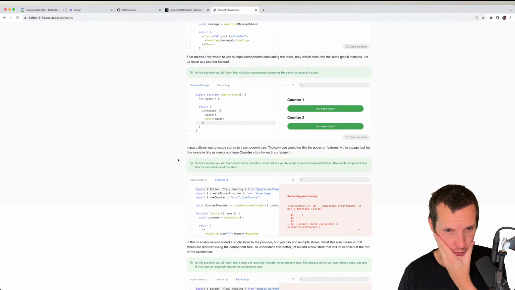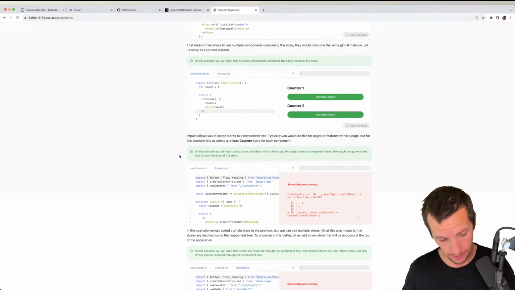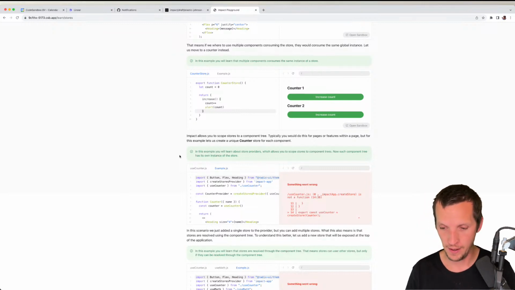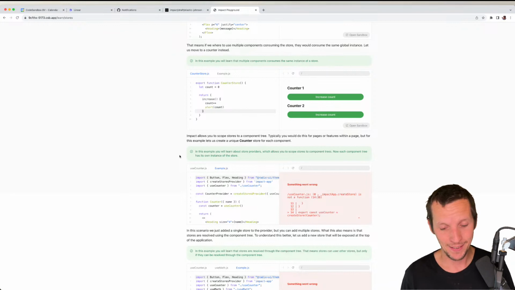Impact allows you to scope stores to a component tree. Yeah. So the point is that in the first version of CodeSandbox, we used a global state store, but it caused a lot of typing issues because a lot of the state needs to be instantiated. It's not there always. So we can turn on strict null checking, because when we transitioned to TypeScript, there was so much state that we,